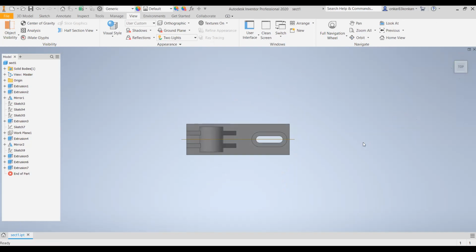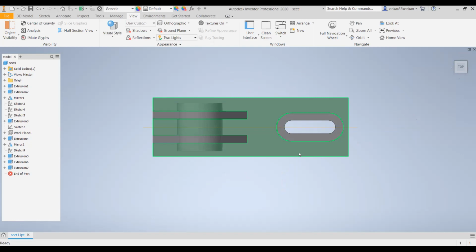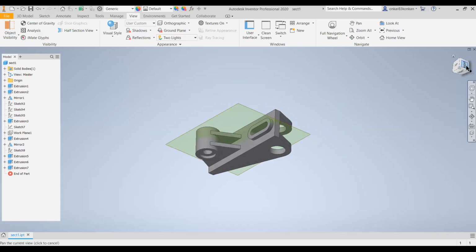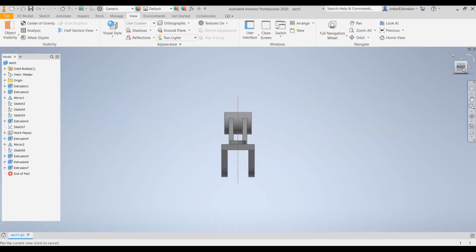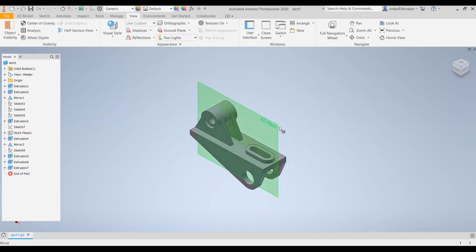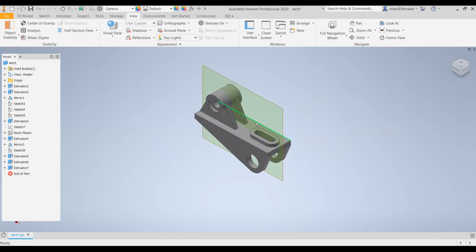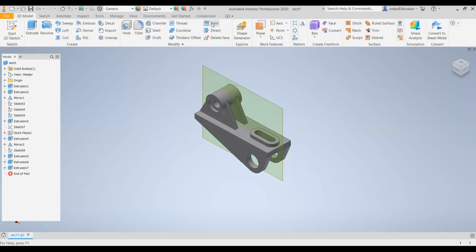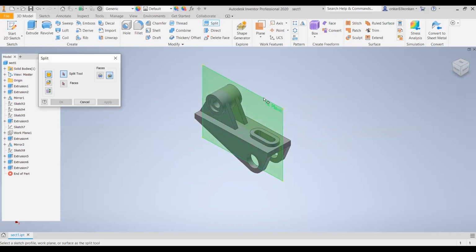this is the top view of the given object. In the top view, the object is symmetric about this axis. This is the position of the section plane. This is the front view of the object, and this is the section plane. We will cut this object by this section plane. This is how the object will look once we cut it by this section plane.